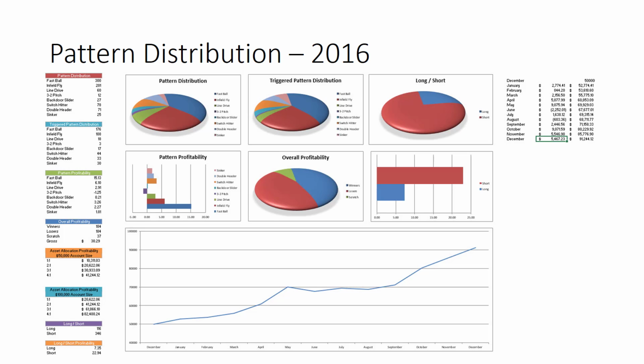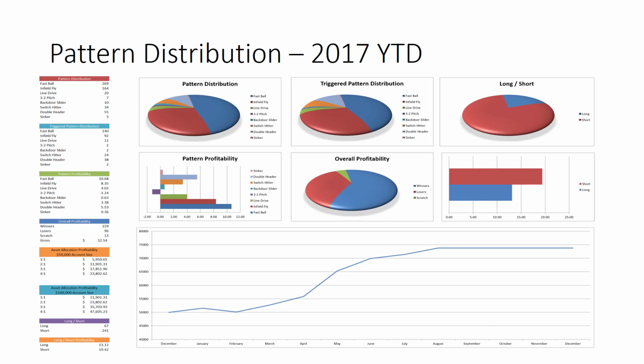The volatility is definitely back, and you can see that in 2017, the fastball pattern through the month of August has generated 10.68 points, and the core portion of the trading plan here is actually generating as much in terms of potential profits through the month of August as it did for the entire year last year. So it's been interesting. And this doesn't count any of the stocks to watch, the scalper stuff, the radar stuff, all those other trades that we do, the opening gaps that we're going to get into in the next session. None of that is factored into this.